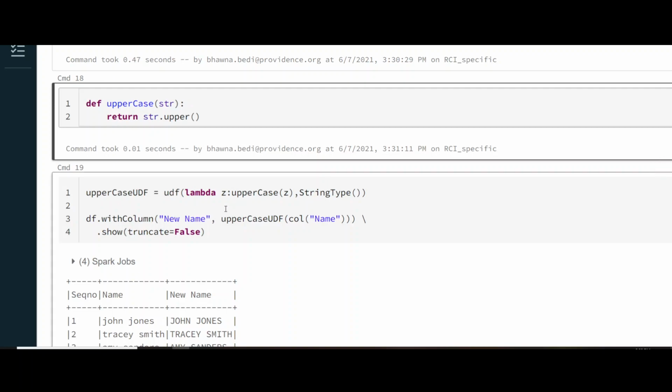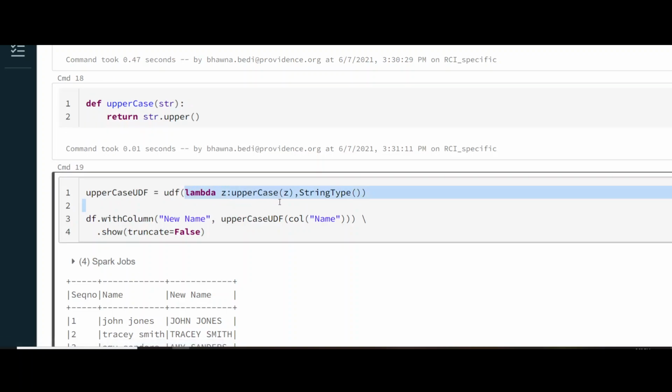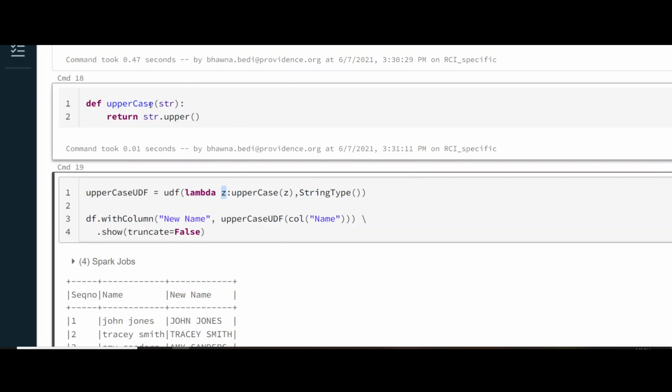So there is no name for this function which you have defined here. This lambda takes an argument z, and for each z it runs the above function and returns a string. So this is my Pandas UDF, and I have named this UDF uppercase UDF.